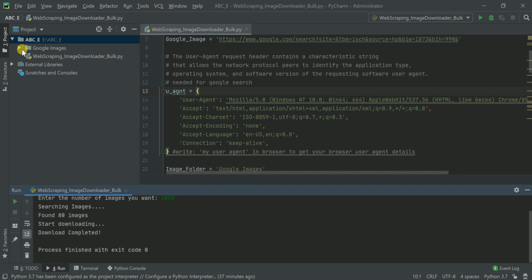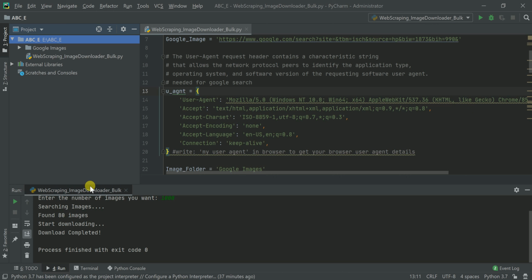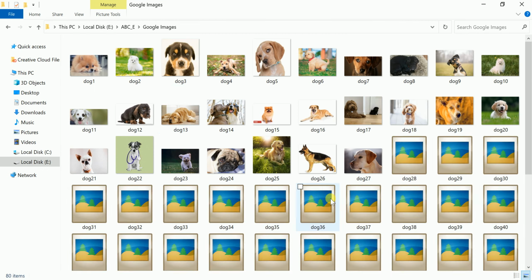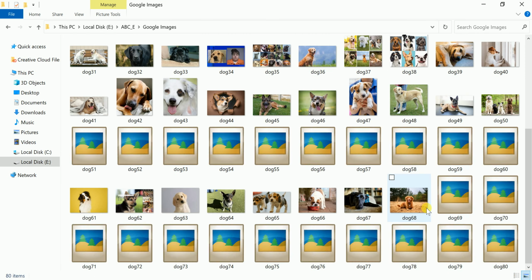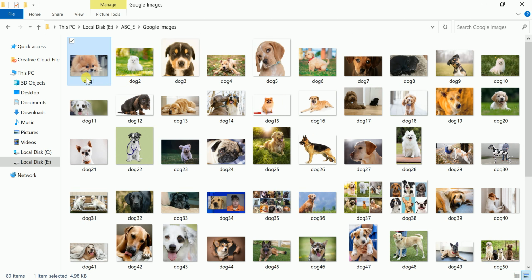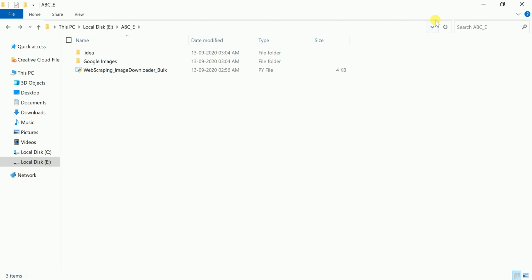Download completed. I'll show here in the folder. You can see these are the dog 80 images. You can see here 80 items, 1 to 80. You can get 80 in one go.